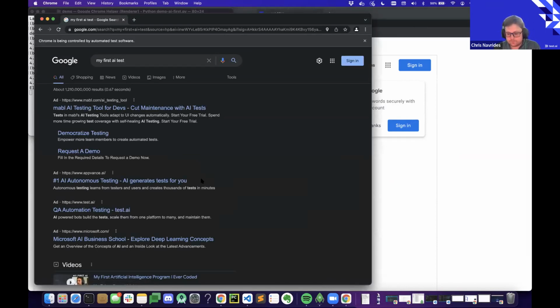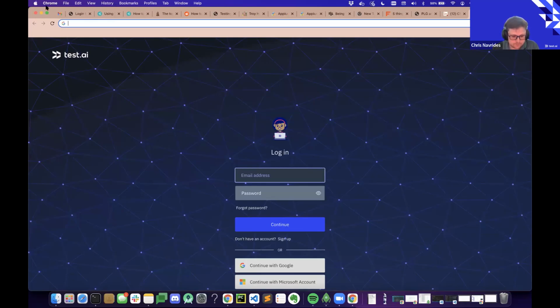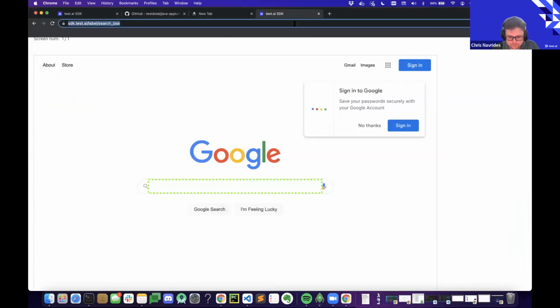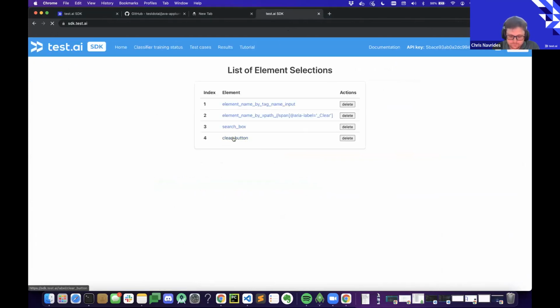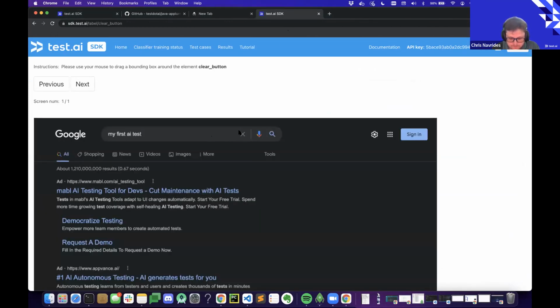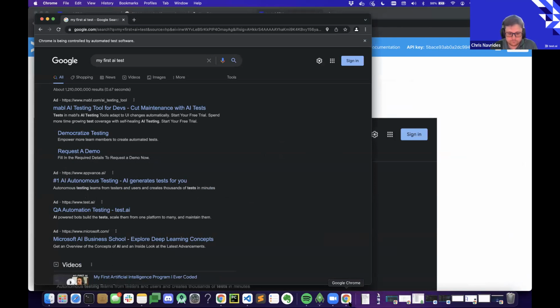Now it is looking for the clear button, but it won't know what the clear button is, so it'll do the same action. Again, it's processing the page, trying to identify it. Probably should have just logged into this window. Sorry, I'm using an incognito window, so it makes it a little bit harder. We'll go ahead and tell it, yep, here's the clear box. We'll bounce back and we'll see it clear out this test case.